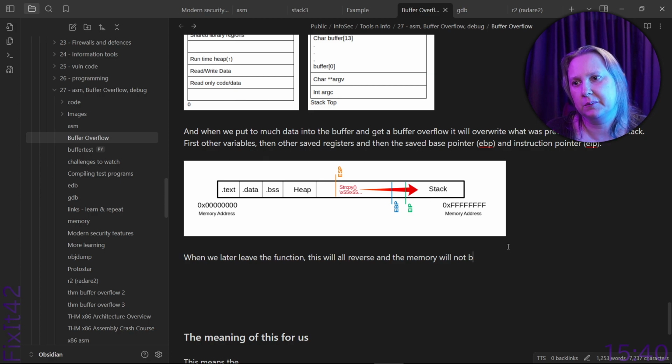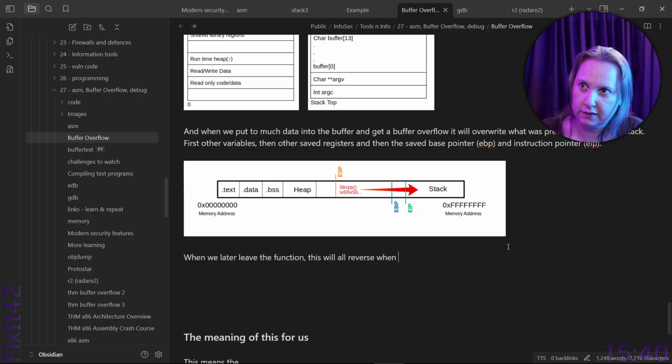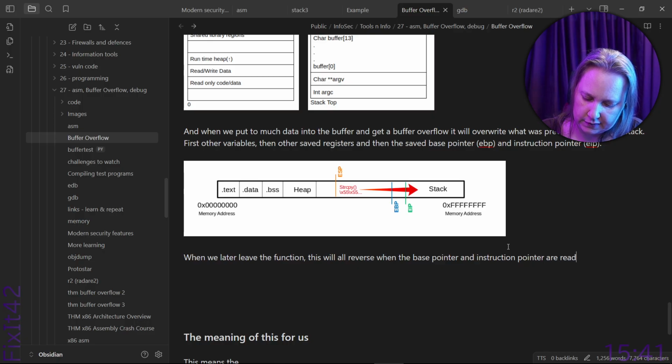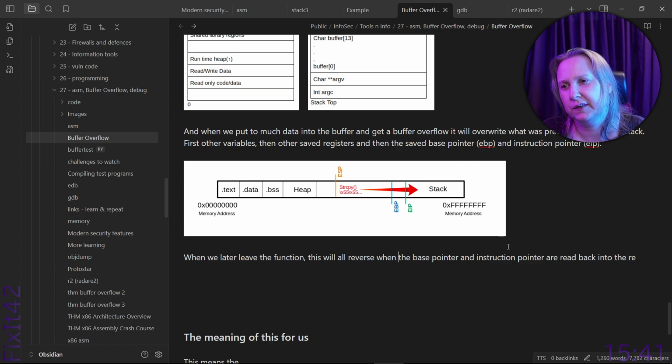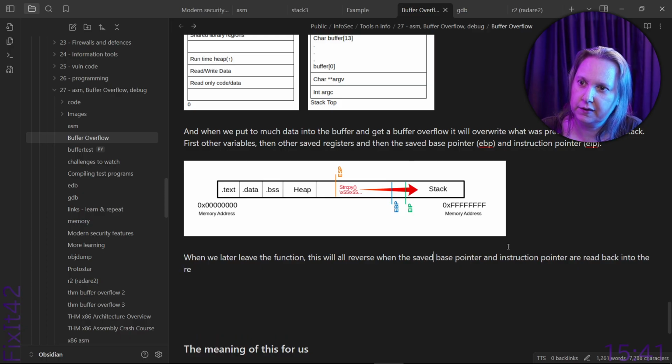This will reverse and when the base pointer and instruction pointer are read back into the registers. When the saved base pointer and instruction are read back into the registers,